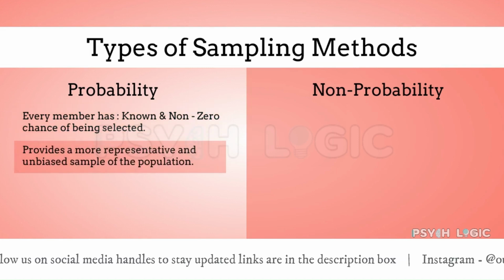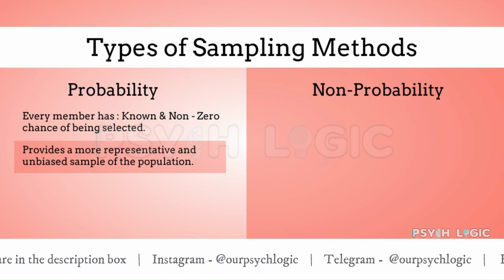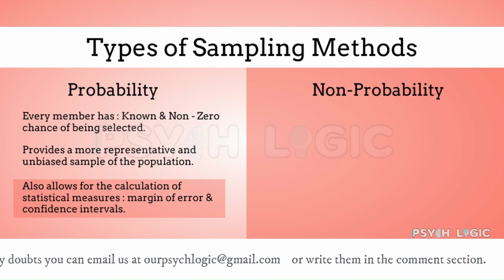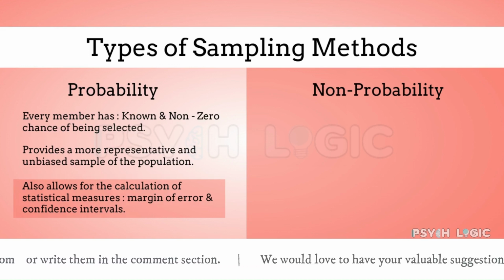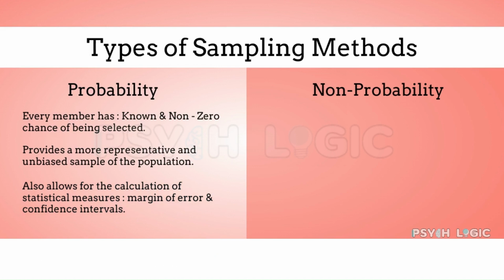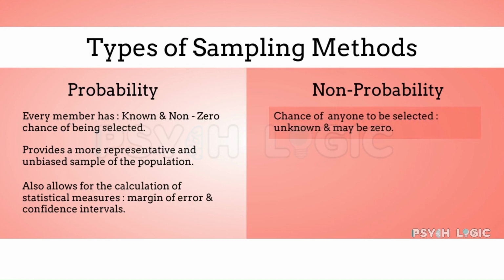This method provides a more representative and unbiased sample of the population. It also allows for the calculation of statistical measures such as margin of error and confidence intervals. Talking about non-probability sampling, in non-probability sampling, the chance of any particular member of the population being chosen is unknown